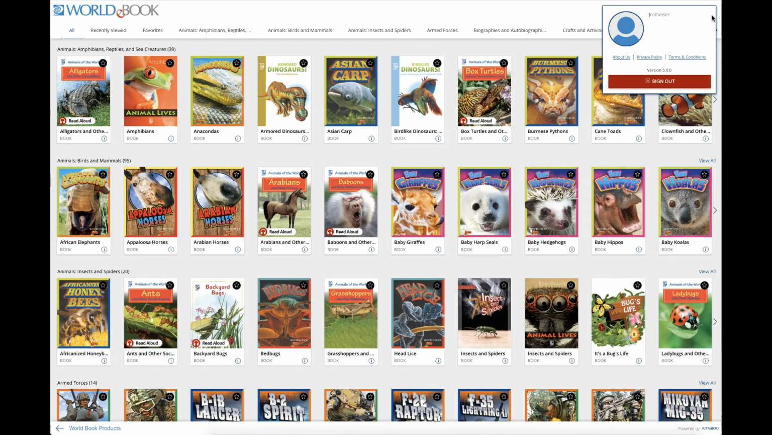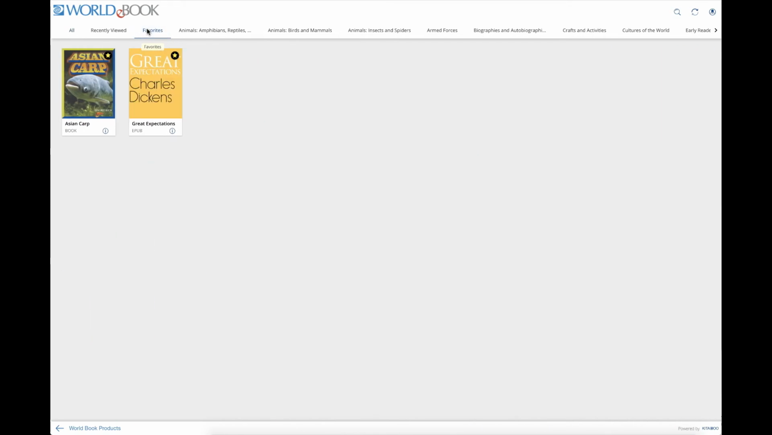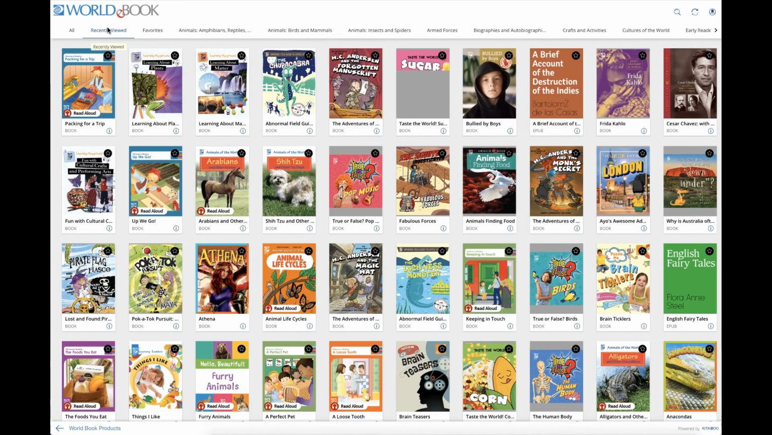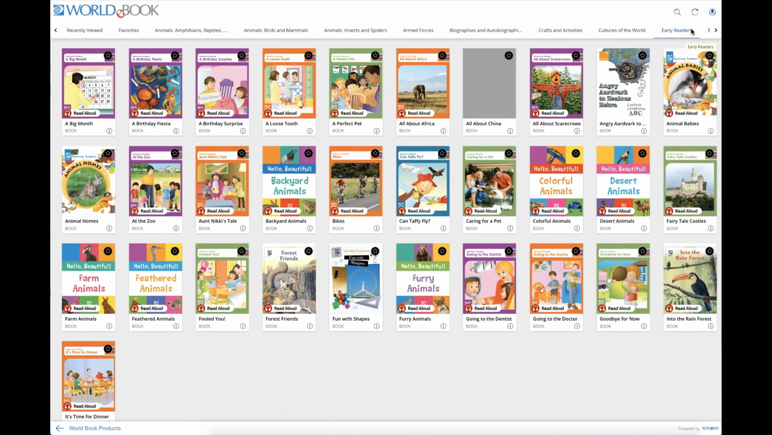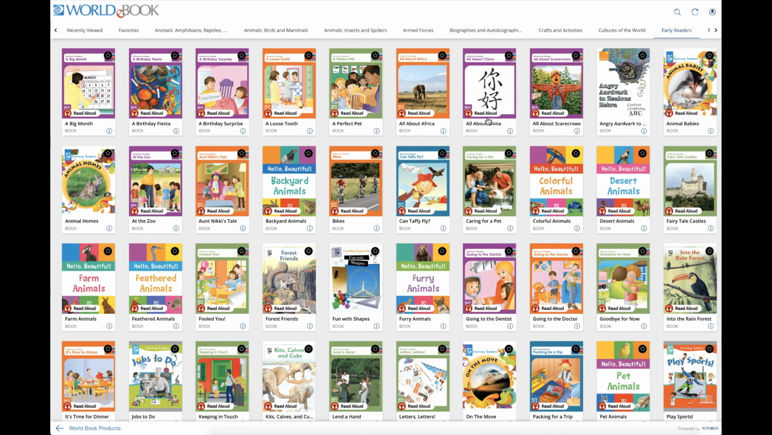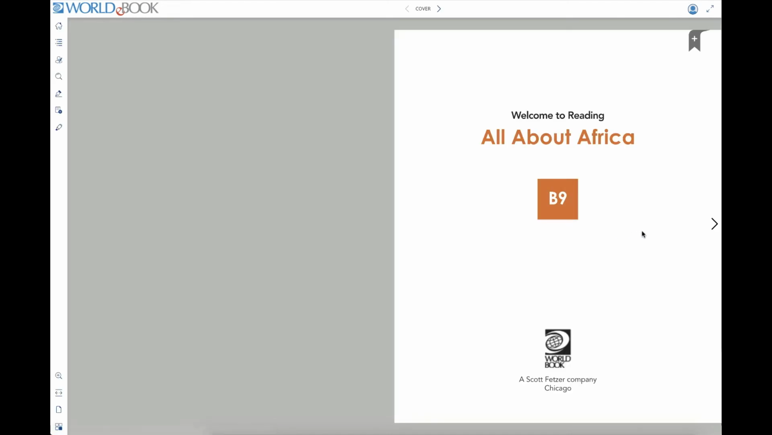Once I'm logged in, you'll see that any book that I star will save to the Favorites tab. eBooks will also keep track of books I have read recently in the Recently Viewed tab. With over 2,500 titles, eBooks has something for all ages. From books for early readers, most with read-aloud capabilities,